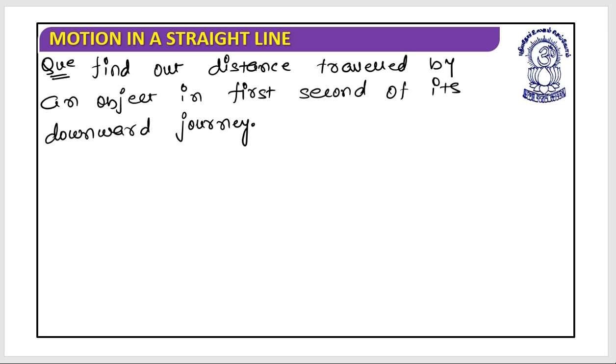The question is the same. In the previous question, you need to find out the distance traveled by an object in the first second of its downward journey. Now, if you remember,